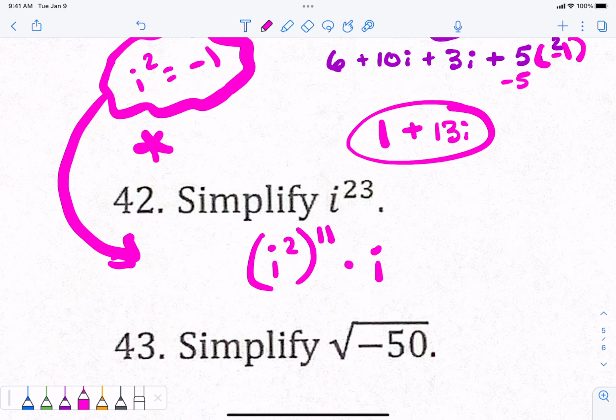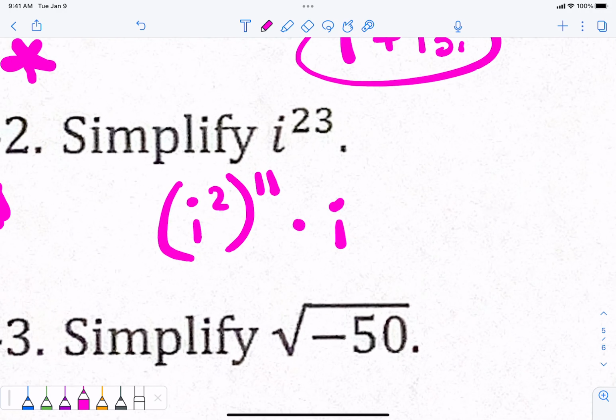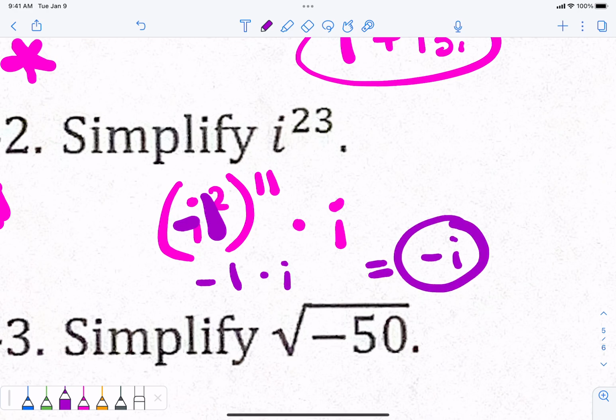But if it's an odd number, you have to hang one off, right? Because that will make the 23rd one. All right. i squared is negative 1. If I take negative 1 times itself 11 times, it's still going to be negative, right? So this is negative 1 times i, which is negative i. That's how it simplifies. So i to the 23rd power is negative i. Odd i's are negative, right? If it's an odd exponent,